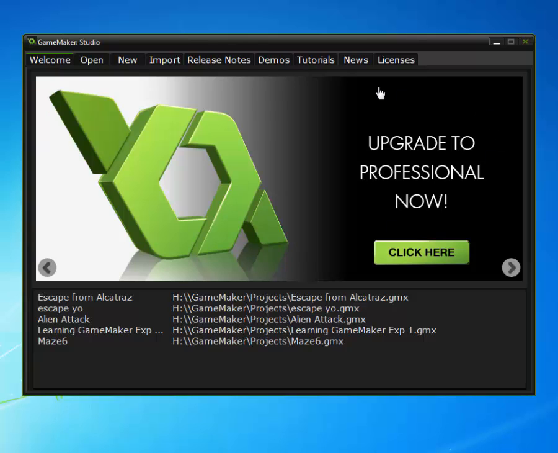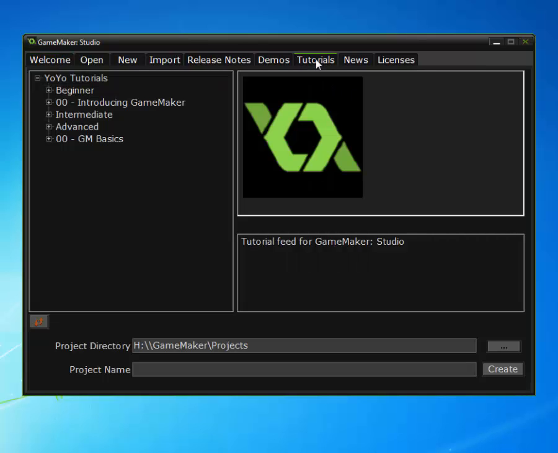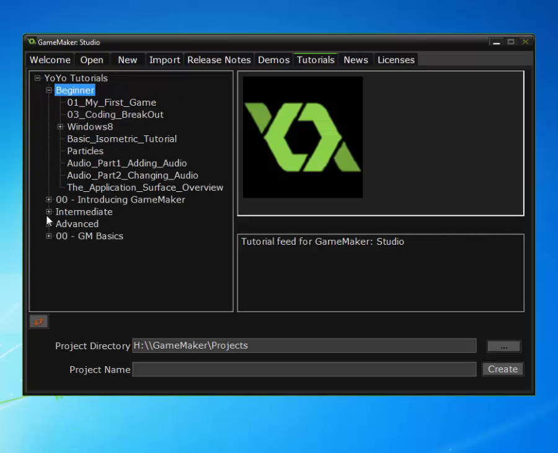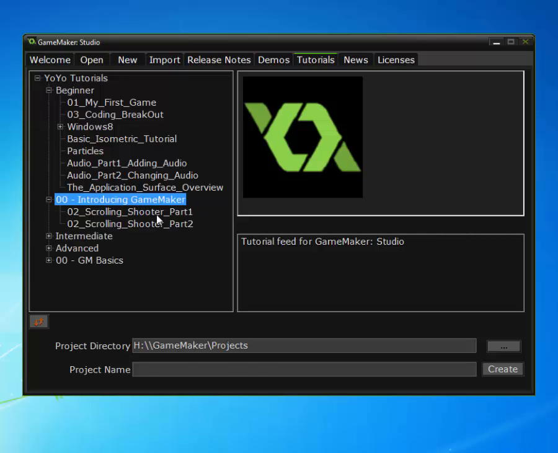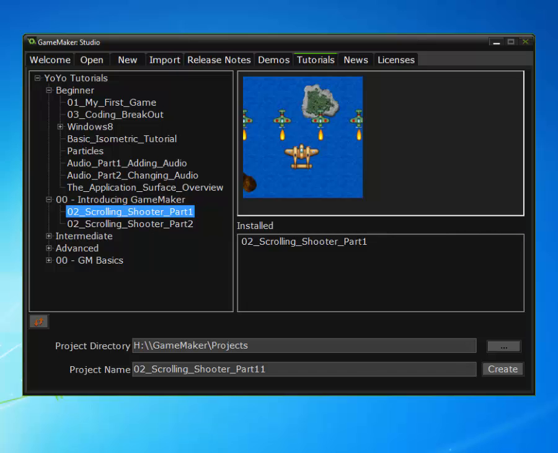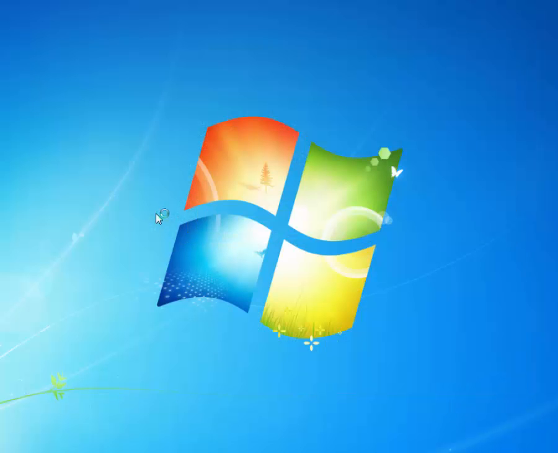So when you open up GameMaker Studio, there's this tab called Tutorials, and there are a number of different sections here. And I believe under Beginner, you might find it under Beginner, or for some reason in mine right now it's showing separately, but under this Introducing GameMaker, there's the Scrolling Shooter Part 1 and 2. So I am going to double click on that, and if it's not installed yet, it will install it for